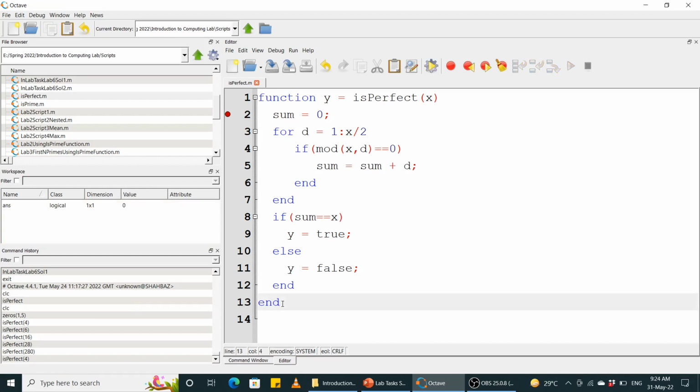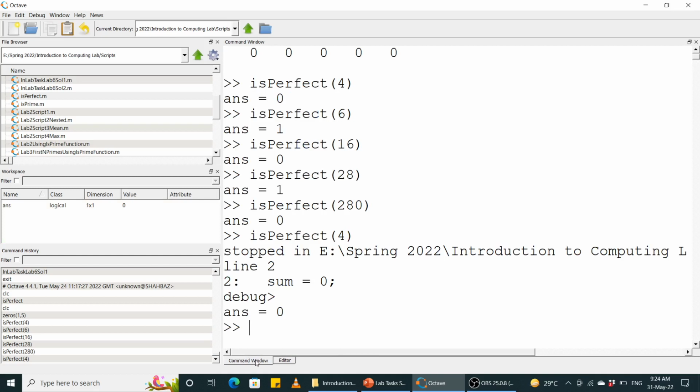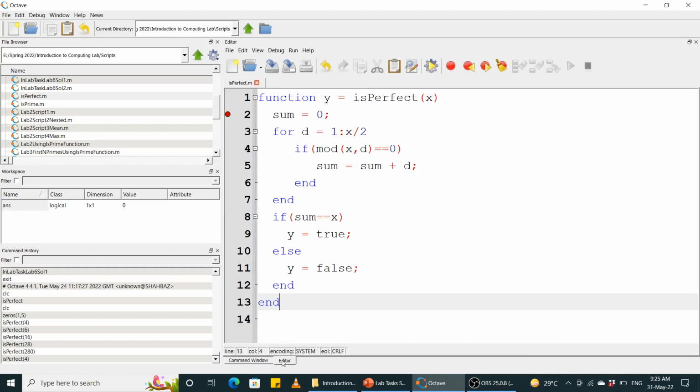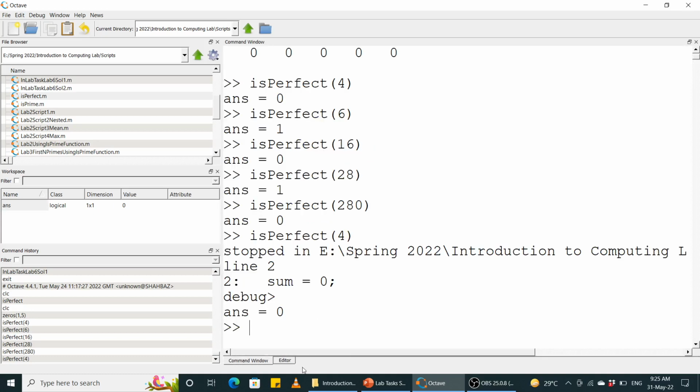और जब हम end को प्रेस करेंगे तो आप इस फंक्शन से निकल जाएंगे, ठीक है। वो तमाम वेरिएबल्स खत्म हो गए और आपका जो आउटपुट है वो ans वेरिएबल में स्टोर हो गया, ठीक है। बाकी तमाम जो वेरिएबल्स थे वो खत्म हो गए, क्योंकि वो उस फंक्शन के एग्जीक्यूशन तक ही होने थे। उस फंक्शन की एग्जीक्यूशन जैसे खत्म हो जाती है तो वो तमाम वेरिएबल्स d, x, y तमाम खत्म हो गए, ठीक है। उनको वर्क स्पेस से रिमूव कर दिया जाता है, क्लियर कर दिया जाता है। तो this is how a function executes, this is how you write and create a function, and this is how you call a function, ठीक है।